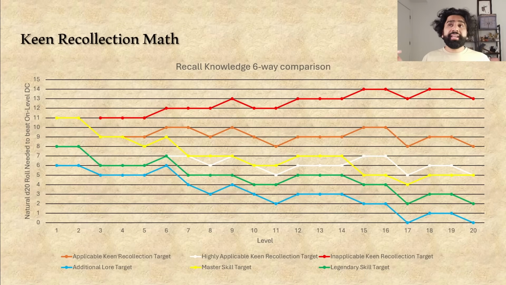So the green line is what the investigator gets with fully investing in a skill. The blue line is what they get from a lore. They get additional lore in, the skill feat, to then react to their campaign in a specific way. And the white and yellow lines are what they get as a floor. These are their not so good lines. They're behind even their own best recall knowledge usage, and they're definitely behind other recall knowledge users, like the thaumaturge,